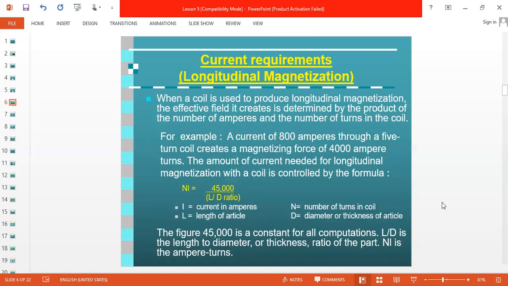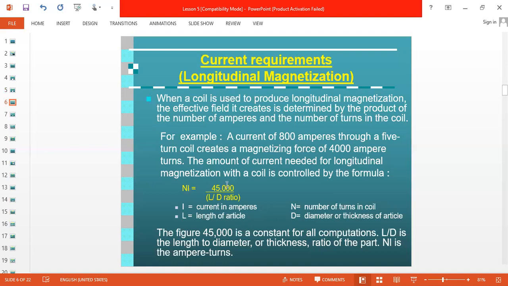The next technique is longitudinal magnetization, meaning coil technique. In the coil technique there is also a formula based on length and diameter. Look at the formula: N means number of turns in the coil, generally 5 turns. I means current in amperes.